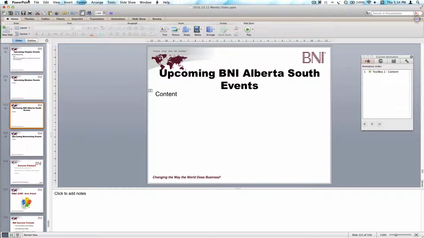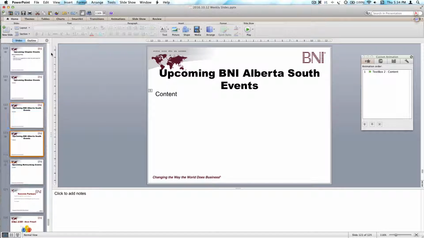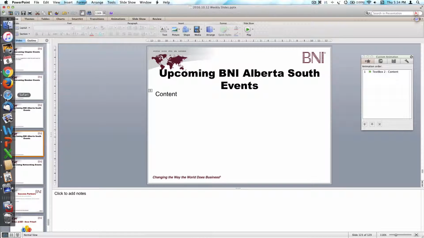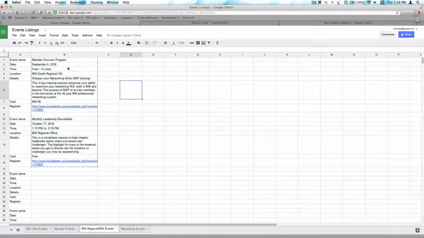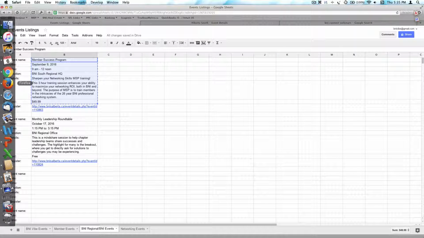And I go over to the left hand side, and I just have to do an edit and a duplicate. Again, it's done slightly differently on a PC. That doesn't matter. Alright, now let's go back and let's just grab one of the events at a time rather than both of them. So here's the first event. Now in this case, having the registration link doesn't make a lot of sense because obviously it's not going to be clicked from the slide. So I'm just going to grab the top sections here of it, copy that,